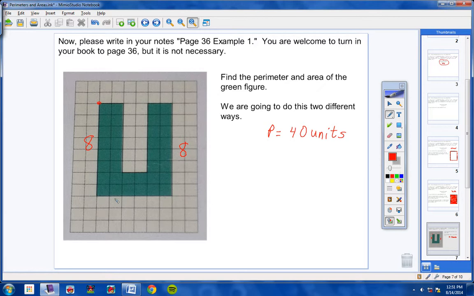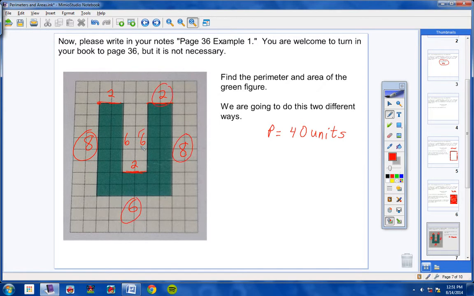And if you were to count across the bottom here, there's 6 units. And if you were to count across this little line right here, that's 2 units. And up here is 2 units. And right here is 2 units. And then if you were to count down right here on the inside, you would get a 6 and a 6. Now please trust me, if you were to add up all of these numbers, 8 plus 6 plus 8